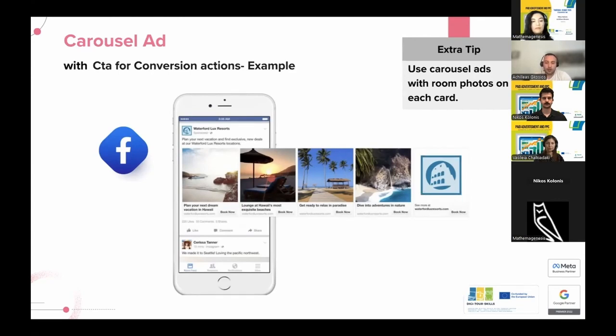We could use our room photos in each card, and it is also recommended, as we also said, to have a strong call to action button like Book Now in order to motivate the potential customer to make the booking.